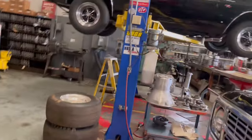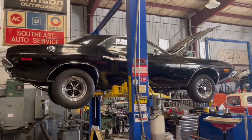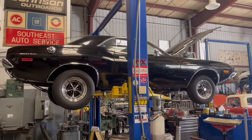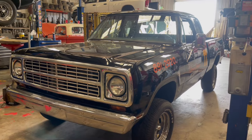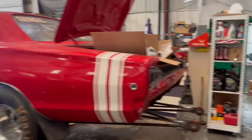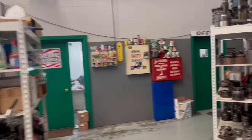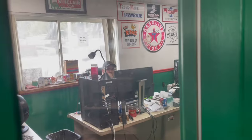Well, we're going to go find him. Oh, check that out. It's a nice Challenger RT sitting up there. Always cool stuff at Cope Racing Transmissions. But yeah, that's the truck. Really dig it. You know what, guys? We should probably go find John. But hey, there's his Coronet. Let's go bug him, shall we? Is he in here? Oh, he's in there. We're going to go